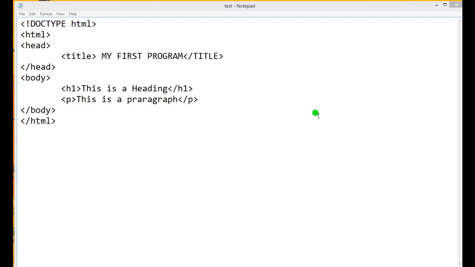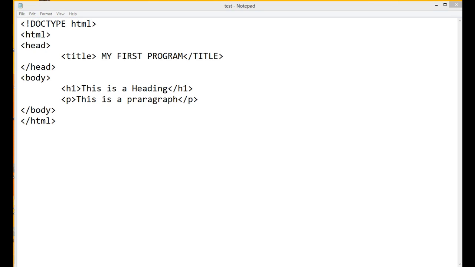This way we can write any HTML program. You can design wonderful web pages, finally link all the web pages and design a wonderful website.